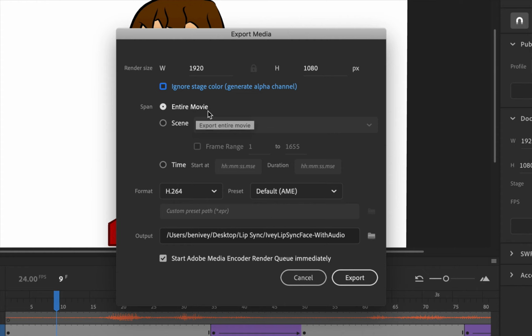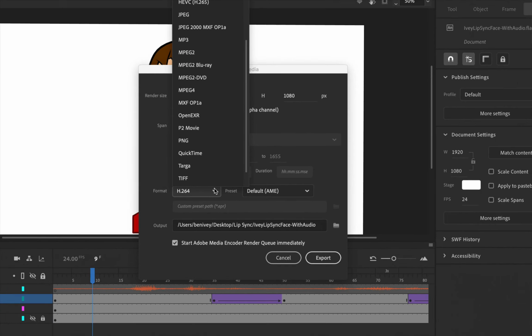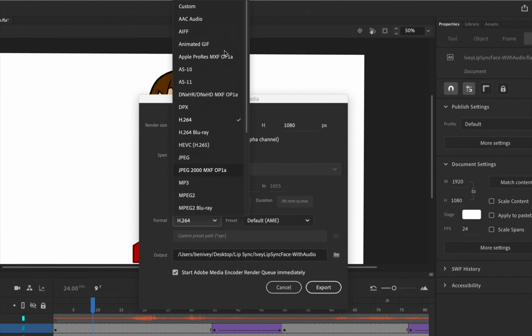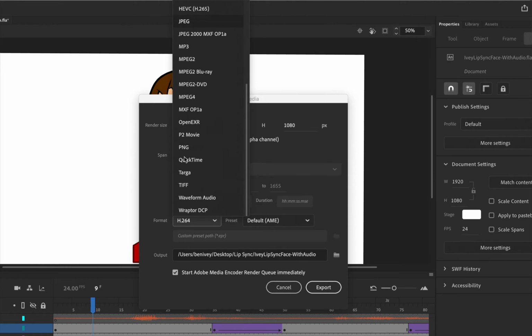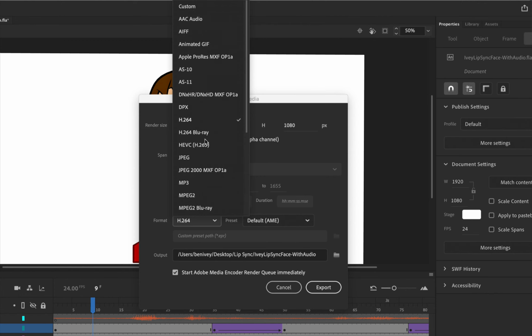Now we want the entire movie that we're creating, and the format is going to be what's most important. When you click on Format, you can see Adobe Animate has a variety of different ways of exporting your file. Some of these are movies, and some of these are just plain still images, and depending on your needs, you can change it as necessary. Some of these are used more often than others. For instance,